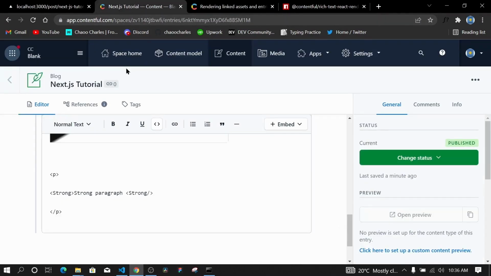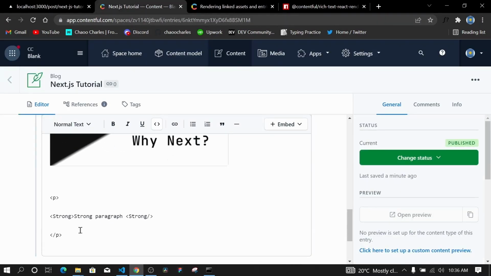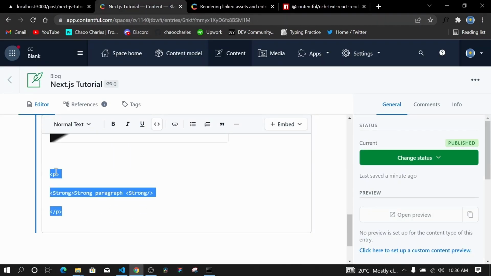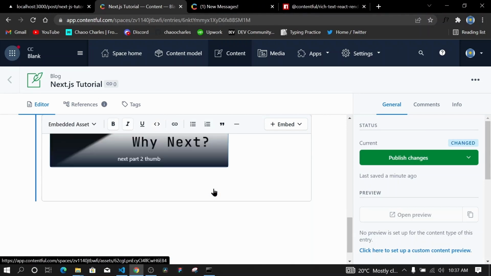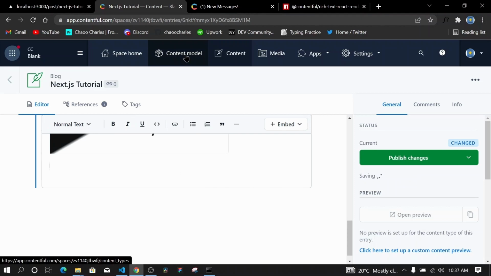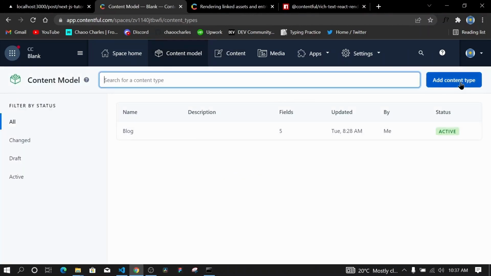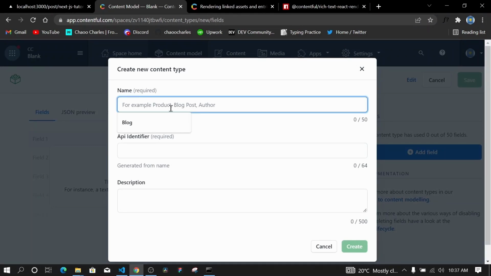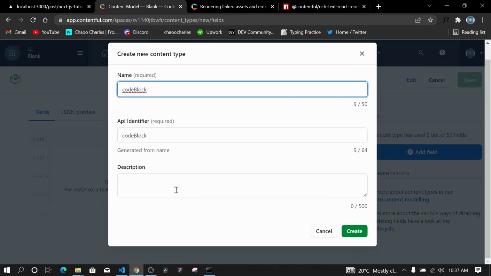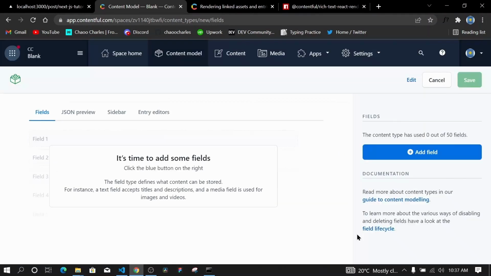inside our Contentful, I will copy this actually. I'll just cut it, and what I will do is go to content model, and I'll add a new content type. And now right here I can add code block, and you can add the description if you want. I'll just go ahead and create,